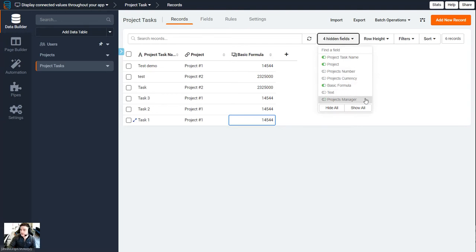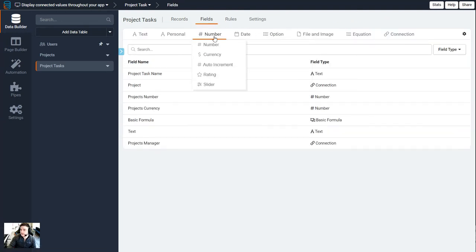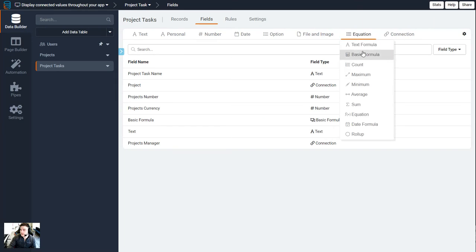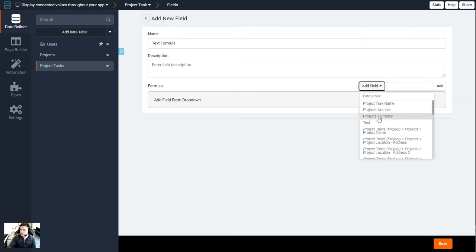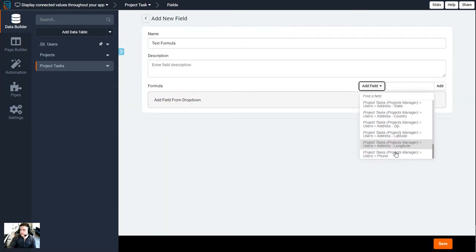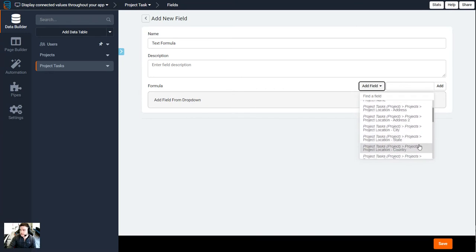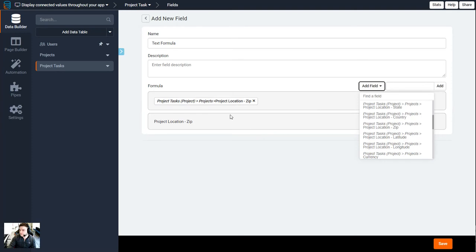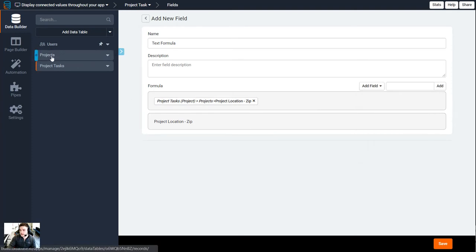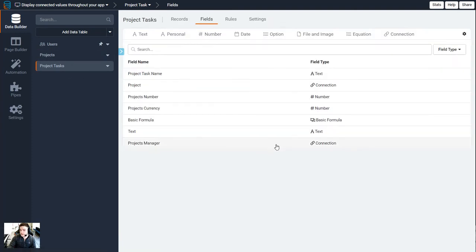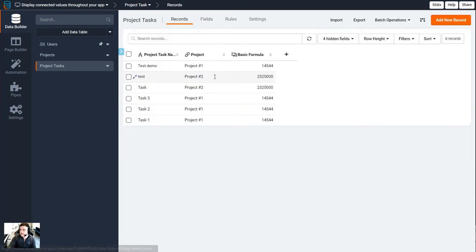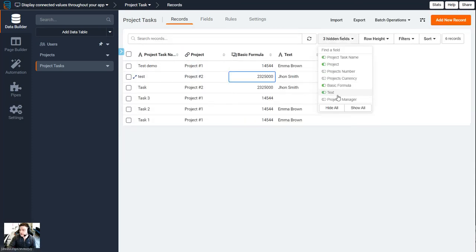And the same goes for a text formula. If I want to add a field, I can add a field with a text formula, so under equations, and access all text fields. A majority of fields, let's say part of an address, like the address zip in the projects table. If I wanted to access that, I could pull it in using a text formula. Or what I can do is add the text field